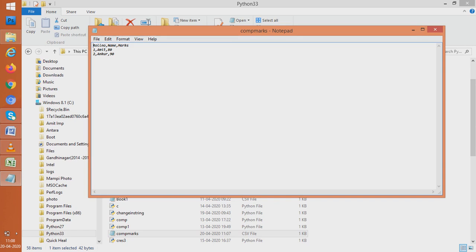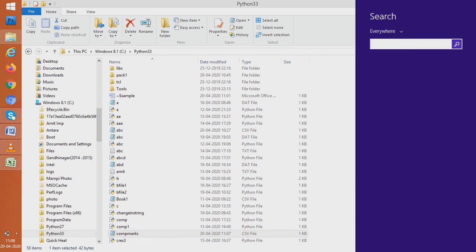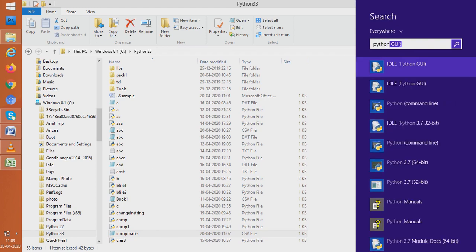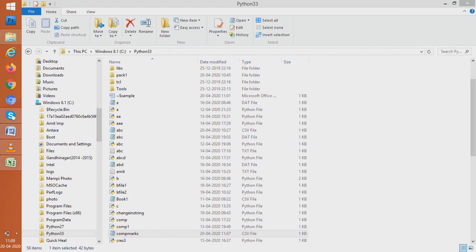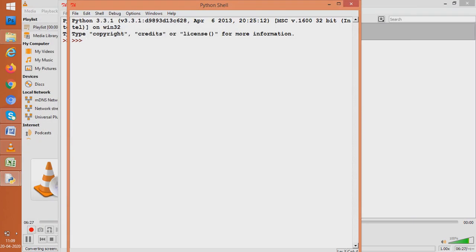Now I created this file. Now why have I created this file today? I have created this file because we want to work on CSV files, but using which language? Using Python. So as the file has been created, if I want to work with it in Python, I should open Python and try to read this file. Let us see how Python reads the CSV files. So we again go to open Python. So we'll open Python now from here. So we opened Python, and after opening Python, we are now going to work with CSV files.